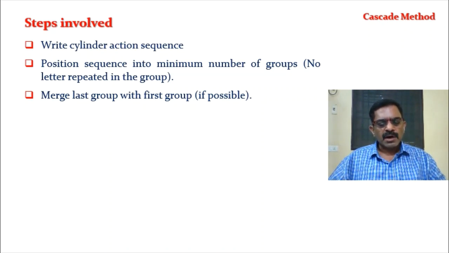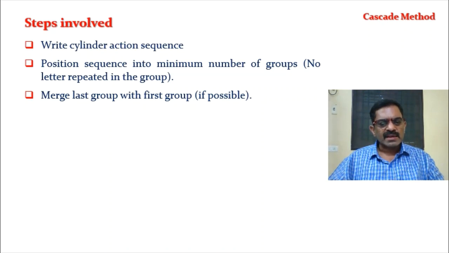Any change, the next change should be considered for your grouping. If one change is happening, that can be grouped under the first group, and for the second group another change can be considered, and so on, so the number of changes you have to include. You should require a minimum of one change to group your sequence. If you split your groups, then it is very easy to perform either a simulation, or you can realize that using any software. So that is what we are going to use today.